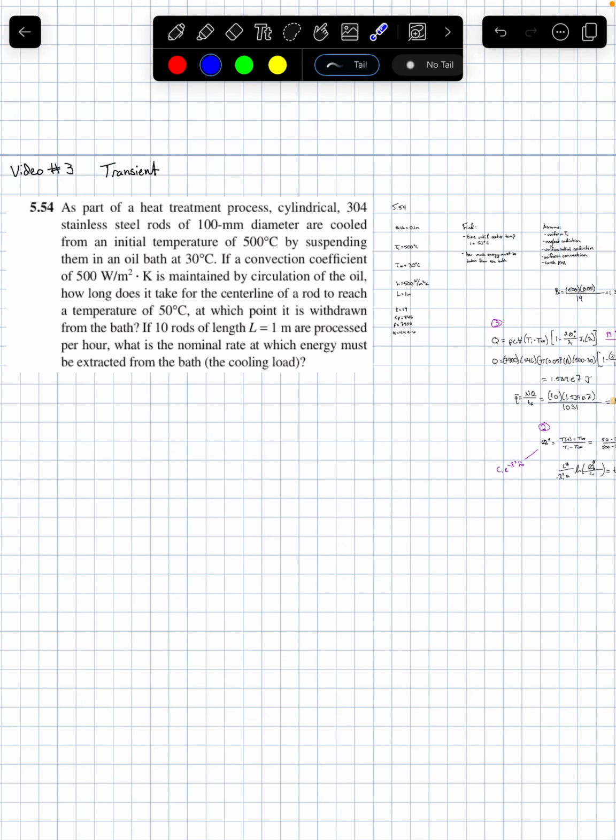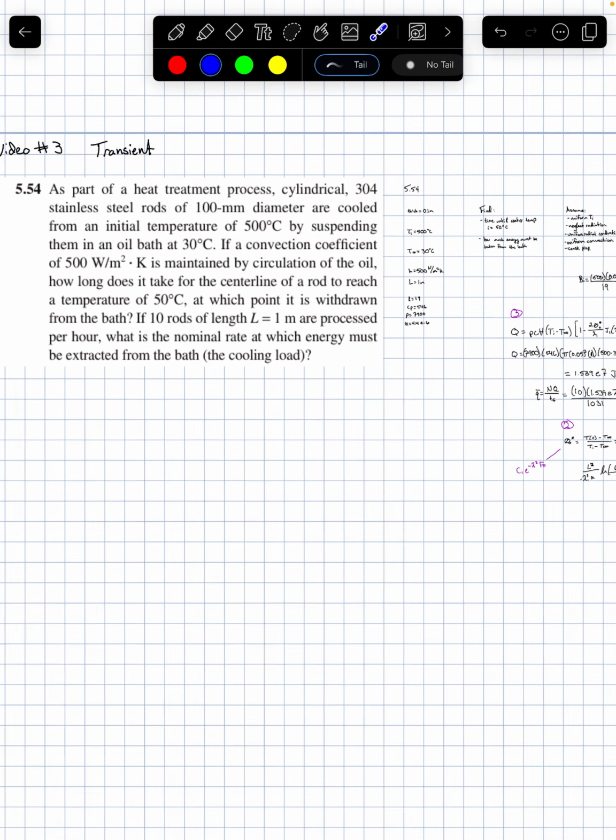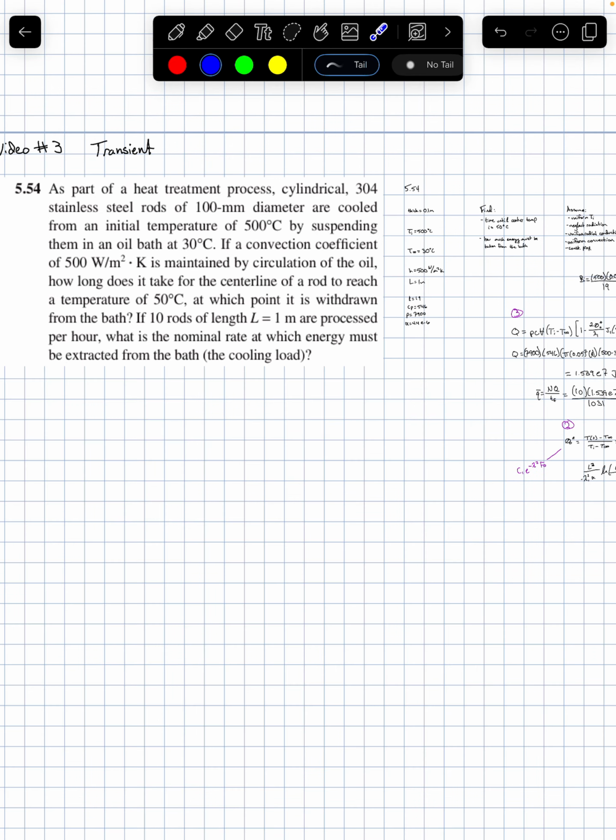All right, for my next transient problem, I chose to do 5.54. The problem is, as part of the treatment process, cylindrical 304 stainless steel rods of 100 millimeter diameter are cooled from an initial temperature of 500 C by suspending them in an oil bath at 30 degrees C. If a convection coefficient of 500 watts per meter squared Kelvin is maintained by circulation of the oil, how long